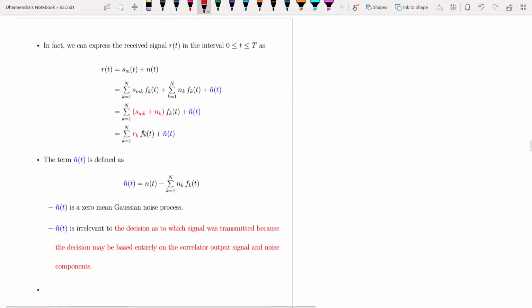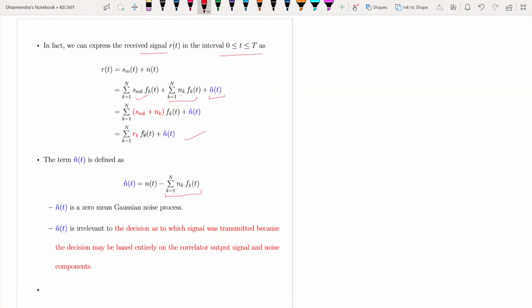In fact, we can express the received signal r(t) in the interval like this. We want to show that the noise outside the N dimensions is irrelevant for the detection. So s_m(t) can be written in summation form, as a linear summation of f_k(t). Similarly, n_k, the first N dimension projection of the noise, can be written like this, and n hat of t is the remaining noise signal. So this n hat of t is defined like this: n(t) minus